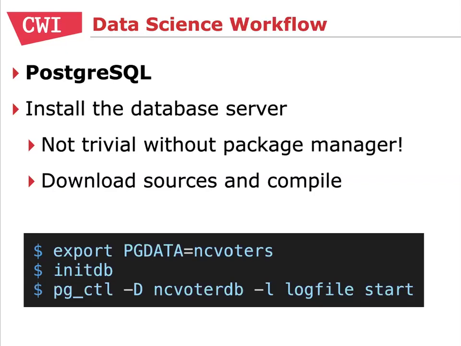Then we have to launch and set up the database server. The way to do that with Postgres is you first create this environment variable, PGDATA, which you point towards where you want the database to live. Very clean, of course, using environment variables for this, perfect. Then you call initdb, which sets up the database server, and then you call pg_ctl, which is short for Postgres control. But because this was made a long time ago, they had to save on the characters there because it was very crucial to the storage, you know. So you set up the database, you start the log file, and then we have a running database server.